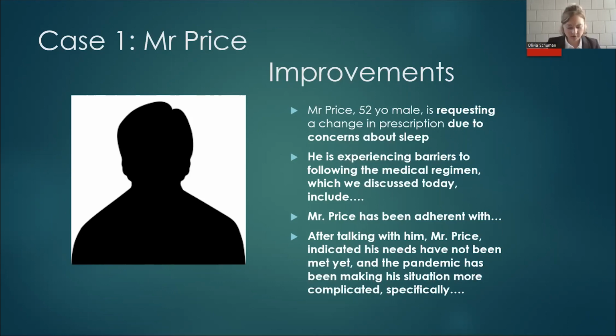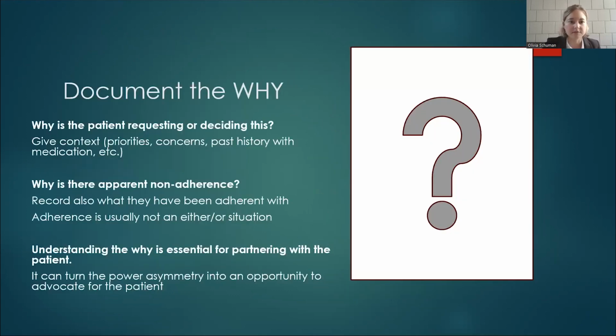specifically, what are the social determinants of health that are impacting this patient? Social determinants of health are non-medical factors that influence health, such as physical environment, employment, social support, education, and socioeconomic factors. As we know, these are huge factors in patients' ability to follow through with care. And so this is to emphasize that